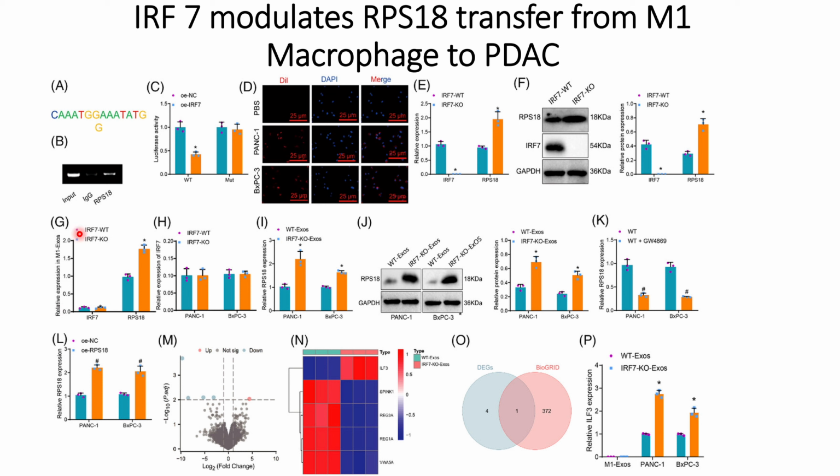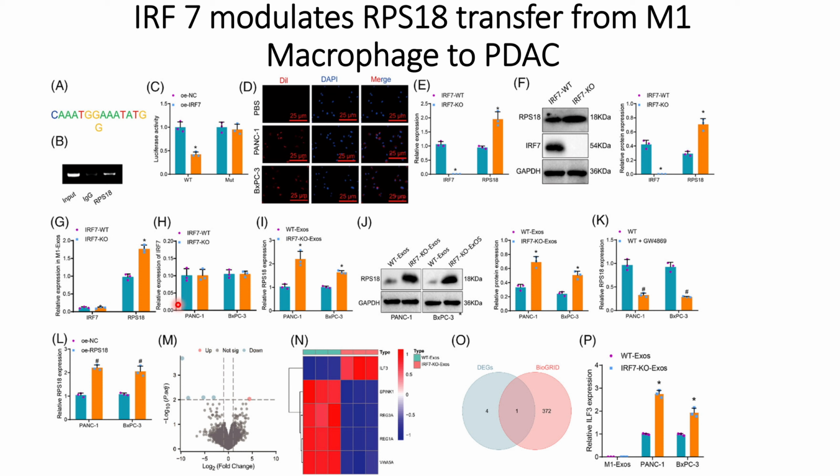Thereafter, they checked IRF7 and RPS18 in the exosomes. Panel F represents the results for the M1 macrophage, whereas panel G represents the results for the M1 exosomes. Here they do not see any changes in IRF7. However, they see changes in RPS18, indicating that when IRF7 is knocked out, the exosome carries more RPS18, and that can be transferred to